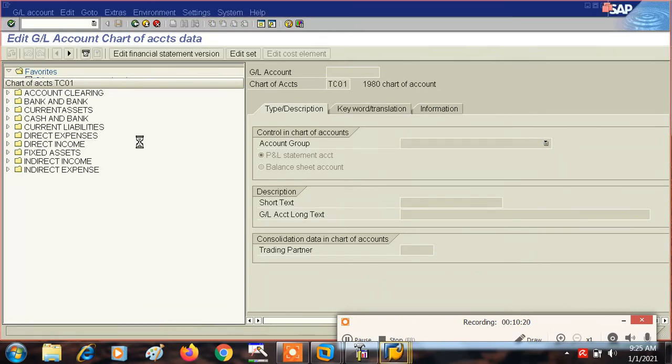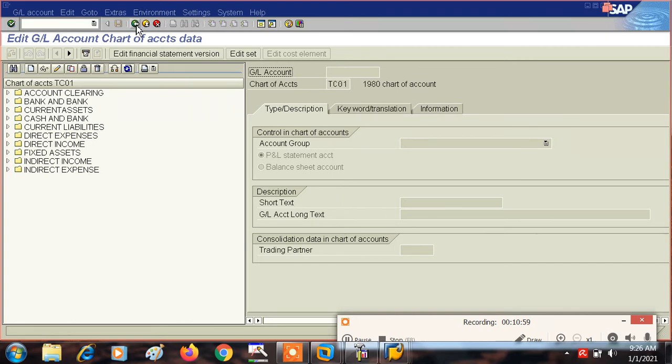So what's happening? Okay, so see here, chart of account TC01. So this is my company code, and here at this level, see here, type and description, these two tabs are not that important. I will definitely tell you, but in my video on general ledger accounts, right? So these three tabs come under chart of account. So at this level, if you want to create your general ledger accounts, then the details which you give at this level will be at only chart of account level, right?